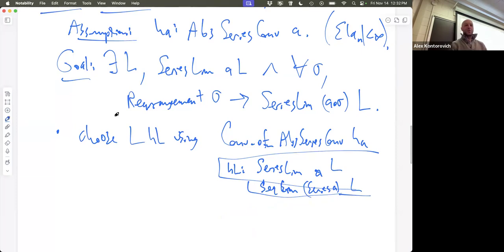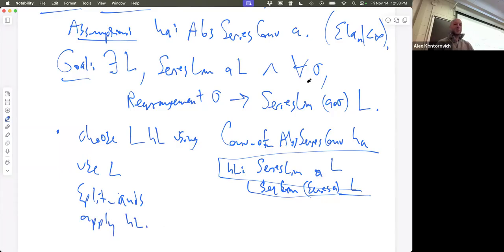Okay. So we have our L. So what's the first thing we want to do? Use L. Now we have to prove that seq lim A is L and so on. Split ands. These aren't ifs, these are ands. And the first goal will be that series lim of A is L. Apply HL. That's exactly what HL says.